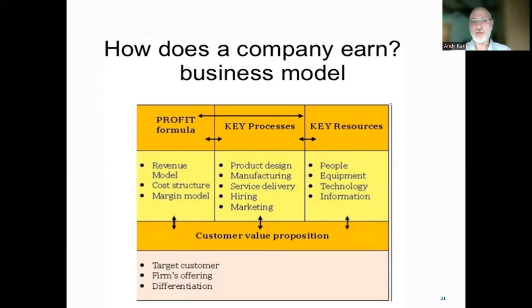And how is this value proposition going to become viable? By targeting our customers. This is essential because we need to focus on a specific target segment, market segment. We need to target our customers. We create what we call a customer persona. So we have the characteristics of our customers.